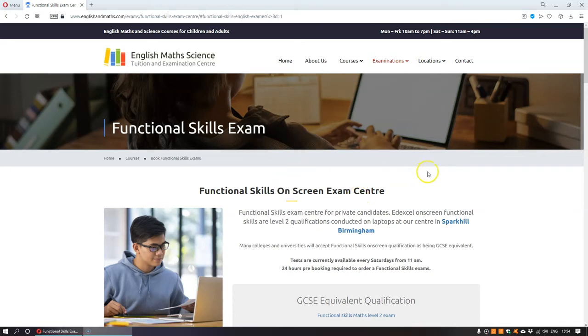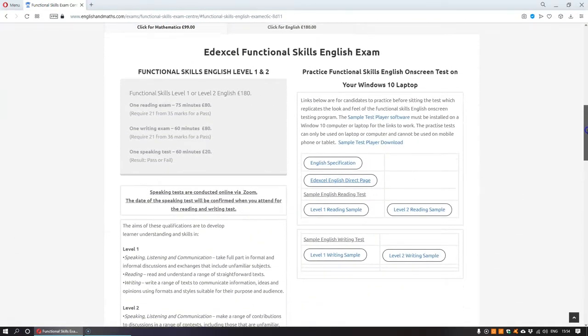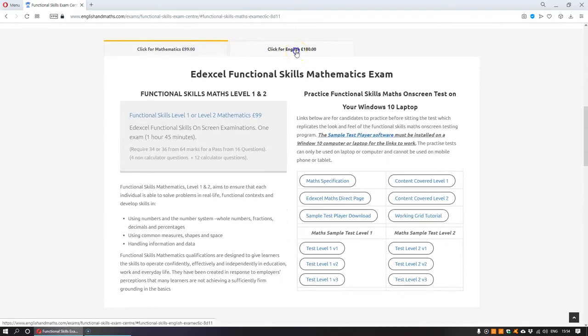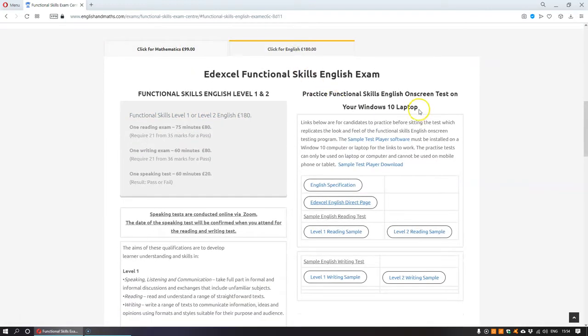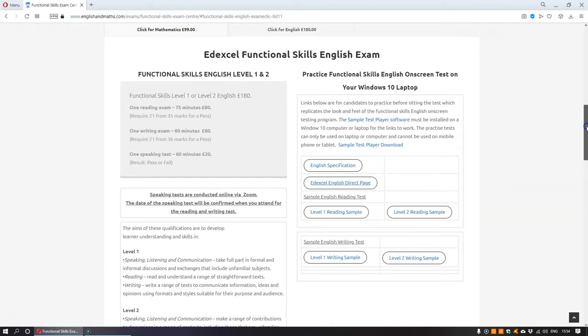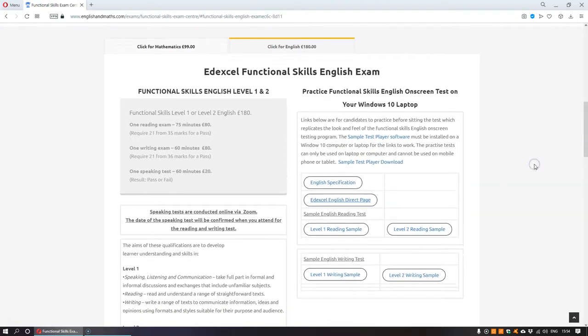Now this video is designed for people who've had problems accessing the sample tests for the functional skills. Now it clearly states there that you need a laptop which is Windows 10, so it won't work on an Apple, Mac or anything like that. But we have had lots of reports that people with a Windows 10 computer have got great difficulty in downloading